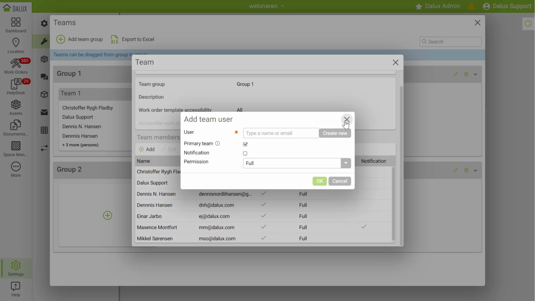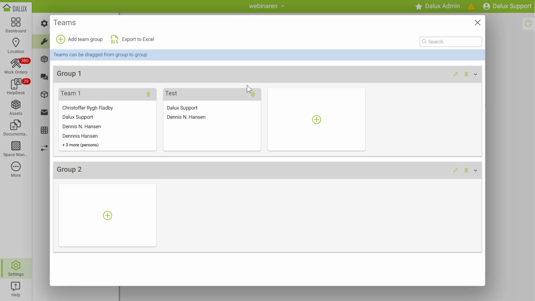These settings are handy when we start adding the same person to several teams, because you can actually be inside of two teams. You can see here as Dennis is in two teams here. This means that he has his primary team here with his day-to-day work orders, but is still a member of the second team. He can then actually see what's going on in the second team, but still has his day-to-day work inside of